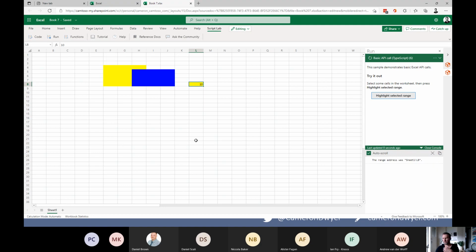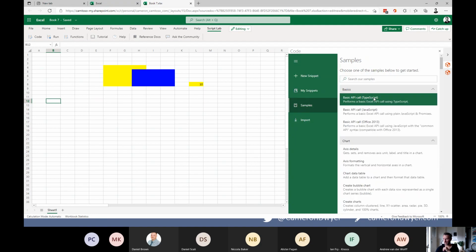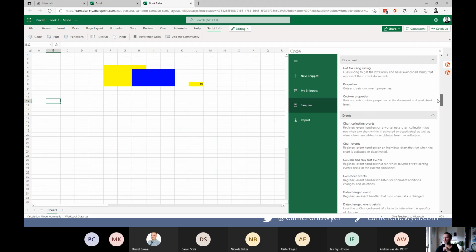So we've got this massive API available to us in Excel where we can start doing content creation on behalf of the user. We can automate things, but this Script Lab add-in is really powerful in learning what you can do, poking around the API to see what's possible before you even have to think about setting up your own development environment. If we go back and have a look at some of the other samples that are out here, you can see the scroll bar is massive